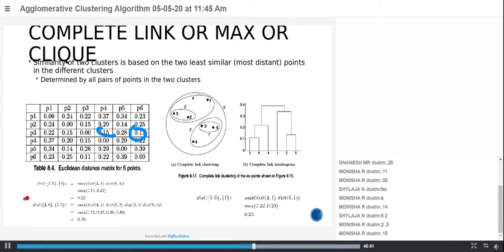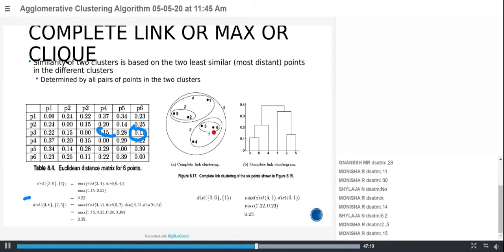So I'm going to give you one simple example. I want to choose the third level of cluster. There is no problem with the first and second level of cluster, is it right? Now, how do we choose the third level? That's what we are going to consider now. In order to consider the third level clusters, I want to calculate the distance between 3, 6 and 4, 3, 6 and 5, 2, and one more, 3, 6 and 1.